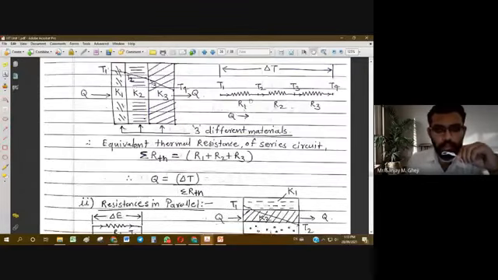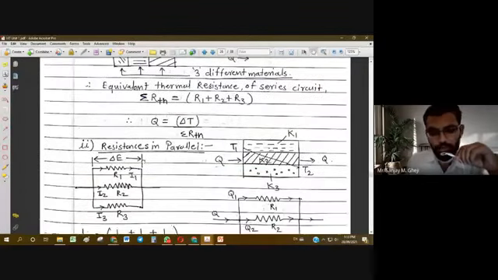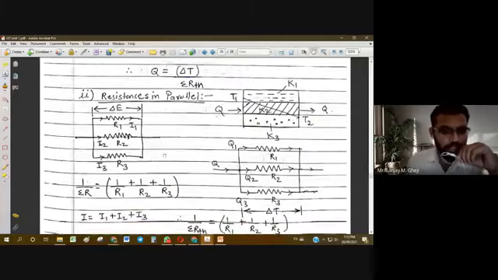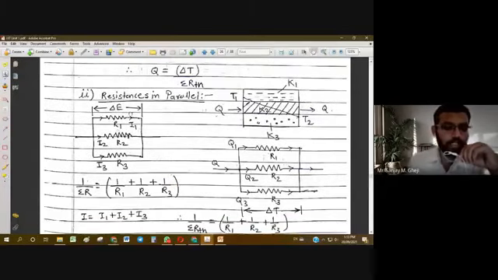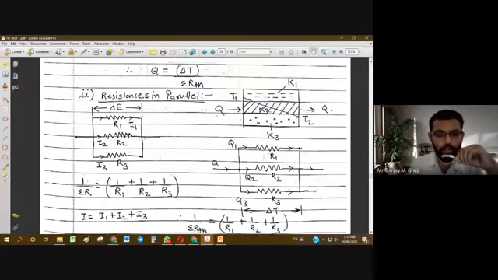Now resistances in parallel. We covered resistances in series. Now we will look at resistances in parallel. So in an electrical circuit, if resistances are connected like this, sideways, and all ends are taken to a common point on one side and a common point on the other side, when voltage difference is applied across such a combination, it will be the same for all three resistances, because all three conductors connect to each other at these terminals.